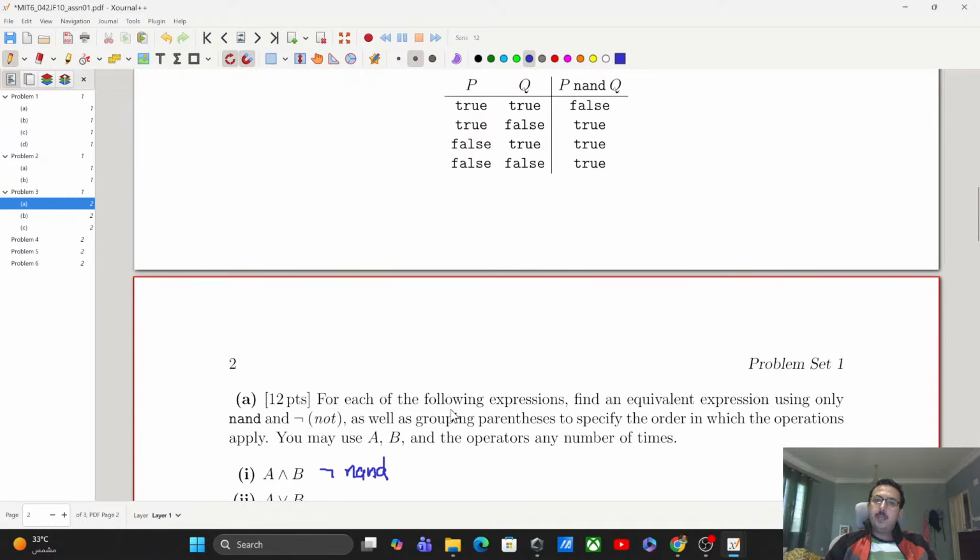Can't use it. So we got A and B. This is A and B. If not,